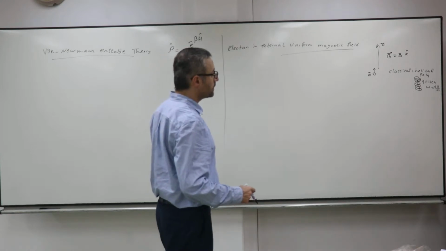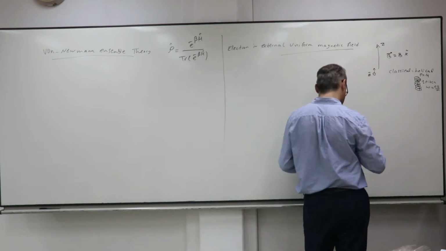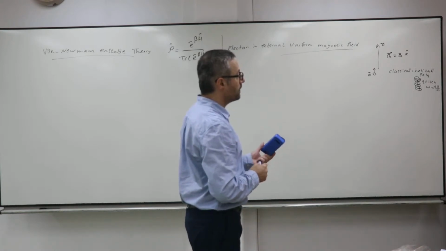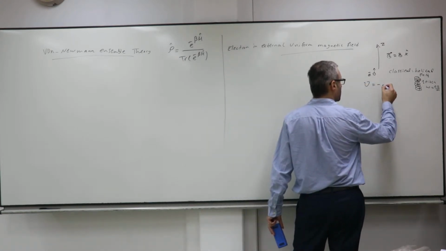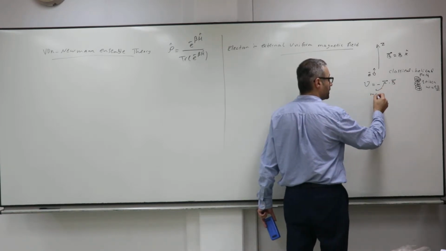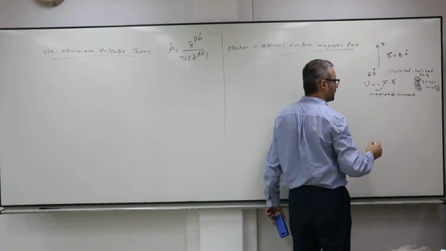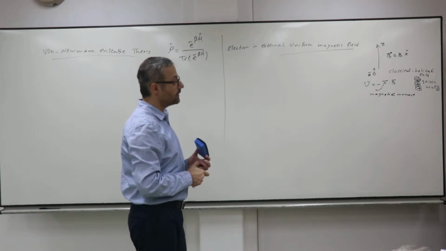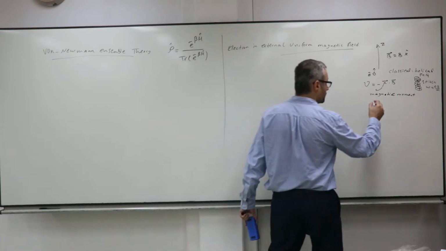In the quantum mechanical picture, the picture is different. We consider the electron as a particle which gains some potential energy. The potential energy gained by the electron is minus mu dot B. The mu is called the magnetic moment. B is the external magnetic field. The theory to find the mu is beyond our talk, but actually we can show that